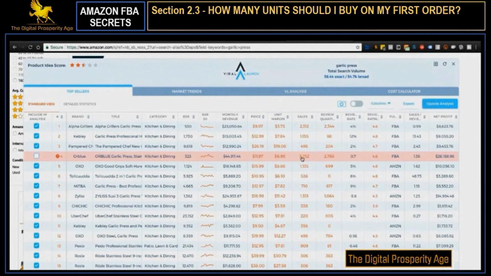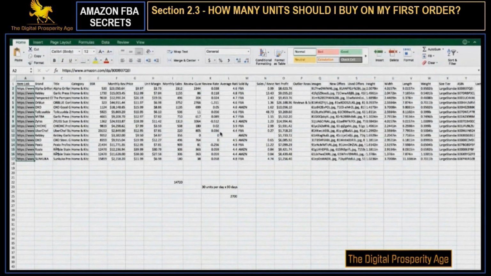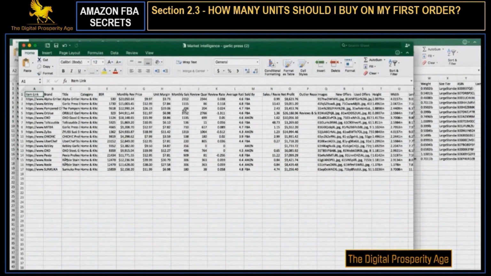And so I would probably take out the top maybe 2 from a sales perspective that are high. And I might take out the top 2 that are low. So we see that that one is pretty low, and we see 220 is pretty low. So if we do this and export it, this is erring on the side of caution. I prefer to err on the side of caution, to be honest. We see now